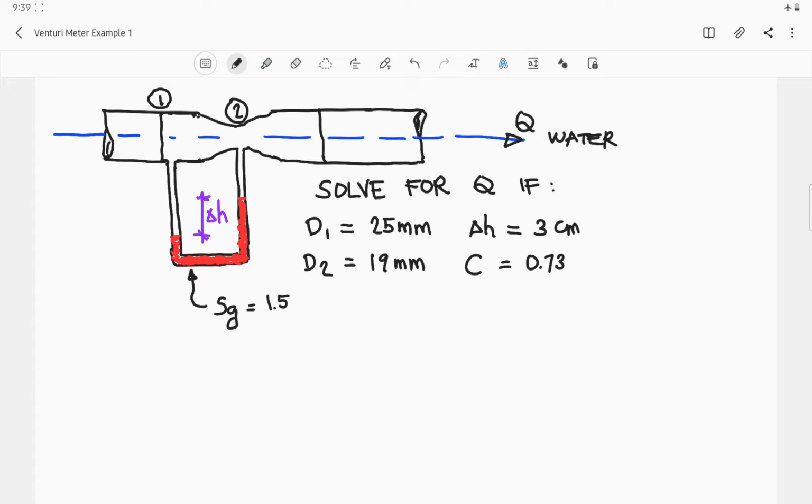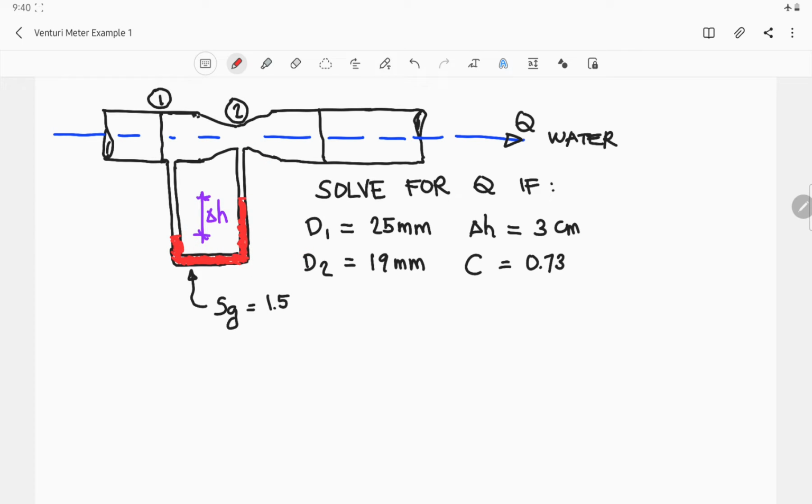Good afternoon once again. So we will now solve an example for a Venturi meter. We will first solve an example for a horizontal Venturi meter. In this case, a typical problem, we need to solve for the Q, which means we need to solve for the discharge. Given the following, we have the diameter at point 1, which is 25 millimeters, diameter at point 2, 19 millimeters. We have the delta H, or the difference in